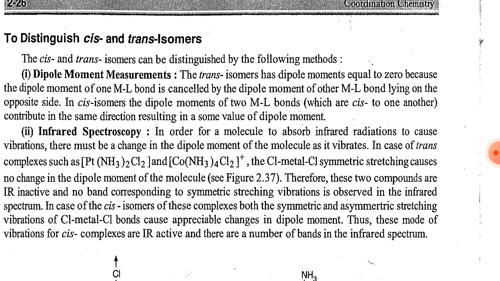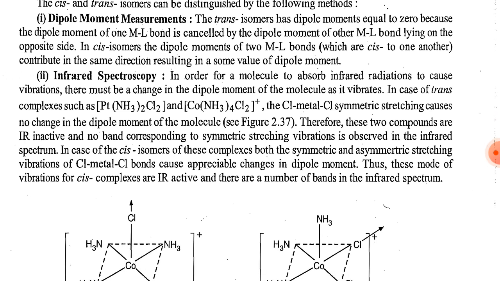Infrared spectroscopy. In order for a molecule to absorb infrared radiation to cause vibration, there must be a change in the dipole moment of the molecule as it vibrates. So how can we use infrared spectroscopy to study the difference between the cis and trans isomers? For that, the molecule should absorb the infrared radiation, so some kind of vibration will be there. And what will happen when the molecule vibrates? There will be some changes in the dipole moment. In case of